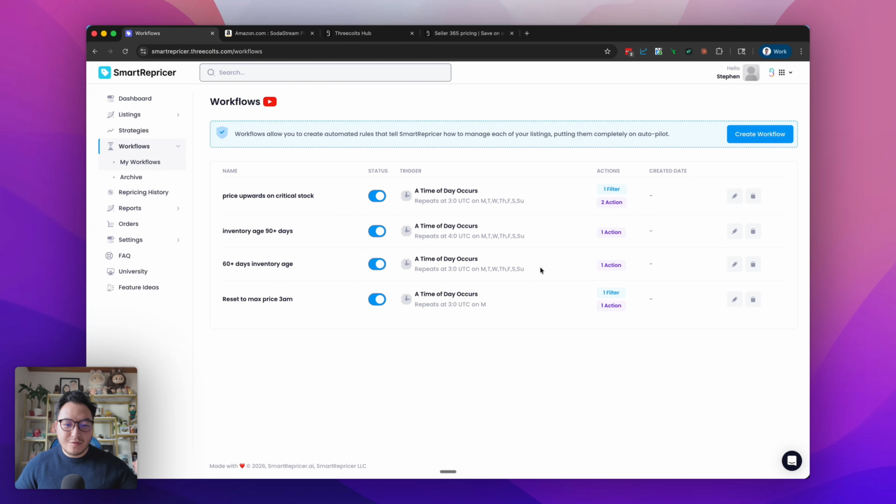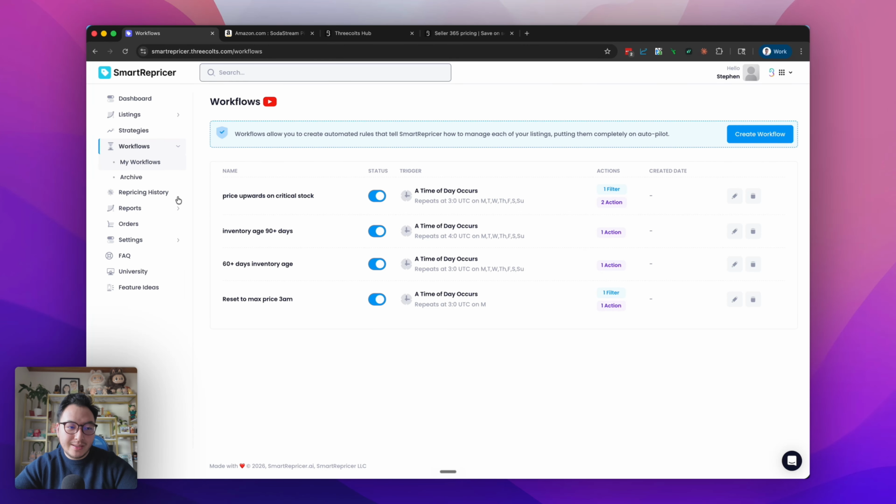So again, when you're looking for a repricer, not every single repricer is going to have every single one of these features, especially for a price this low. And the great thing about 3Coats having a software bundle like this is that all that data from InventoryLab syncs over to SmartRepricer. So the last few things that I would take a look at when it comes to repricing your products on Amazon